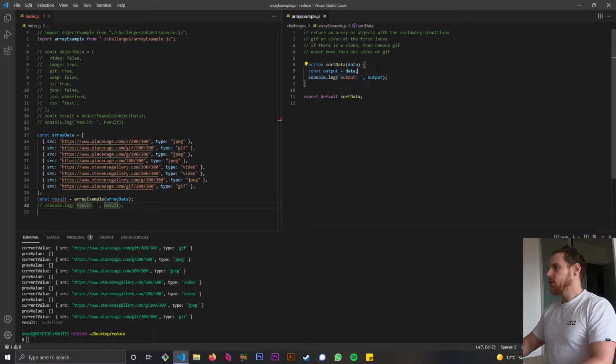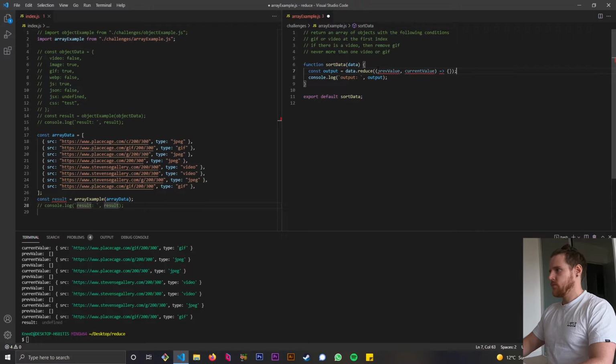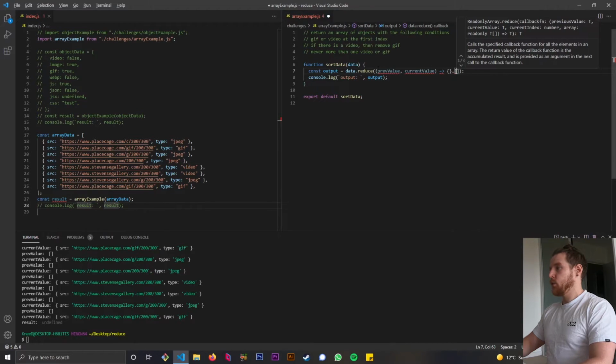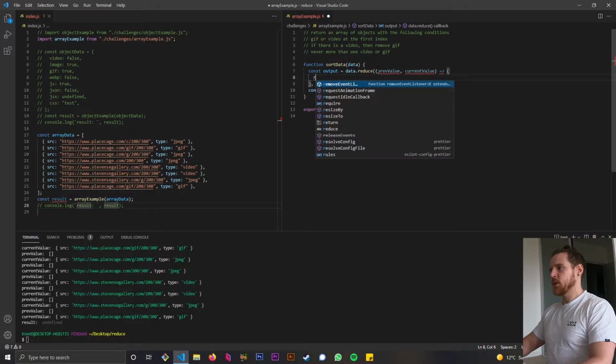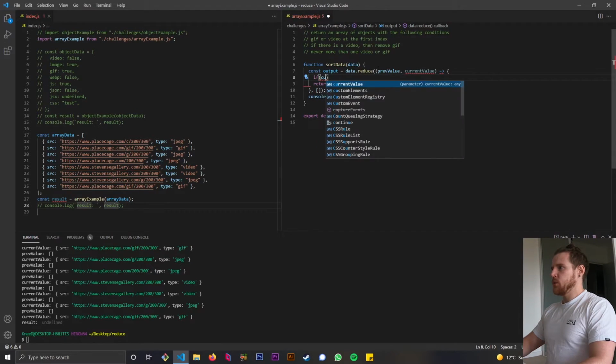As opposed to the other one, we do want data this time, we don't need to convert anything, so we're just going to pop reduce straight on there. And like before, we want access to prev value and current value. We want to initialize with an array this time instead of an object, and our default state is just to return the previous value. The first thing we need to hit is the GIF or video, so we'll start with GIF. So if the current value.type is equal to GIF,